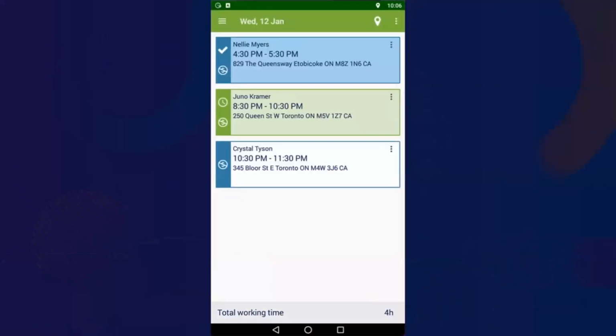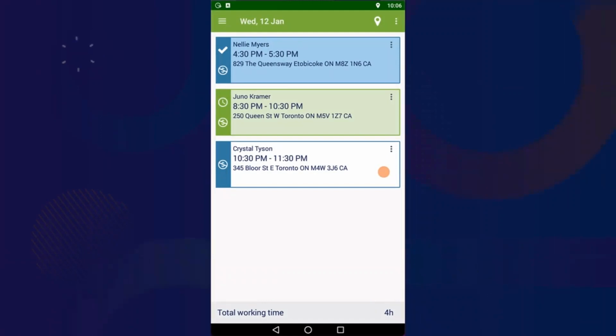When looking at your schedule, the first thing you can see are the different color visit tiles. This is a visual aid to help you quickly identify the status of the visit. Regular visits appear in a white box with a blue accent bar, which indicates the visit is scheduled for later that day. The tile itself contains information on the client, start and end times, address, and any special instructions added